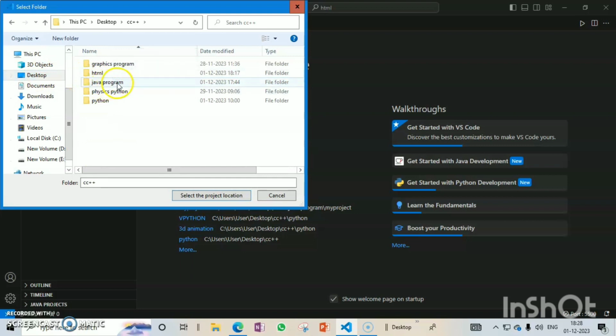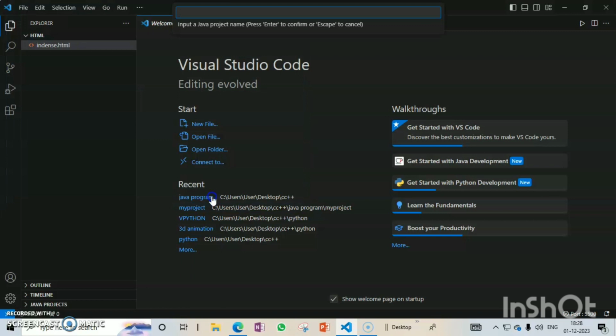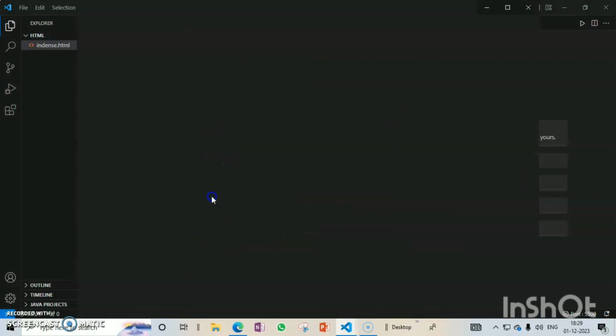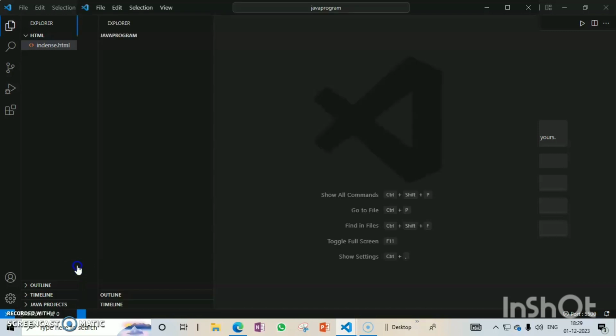So I have already created a Java program. So select this project location and include the Java program. I write it and just press enter. Okay, Java program. Now you see it gives a default